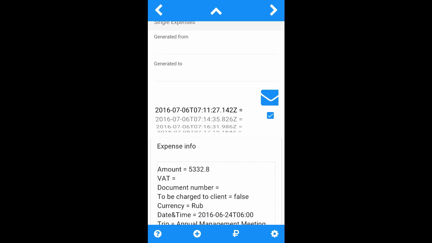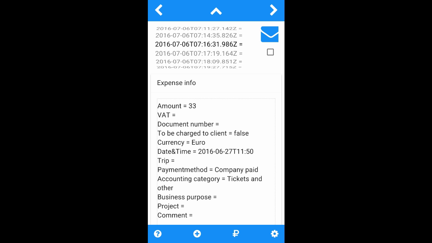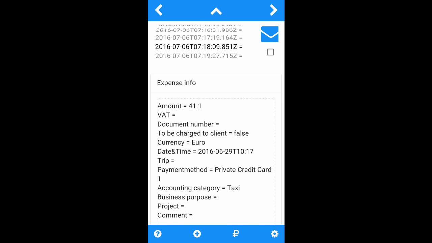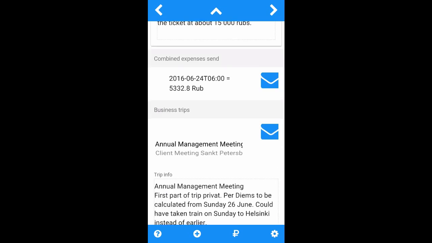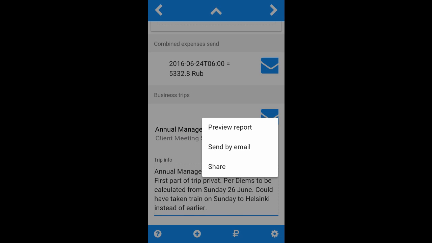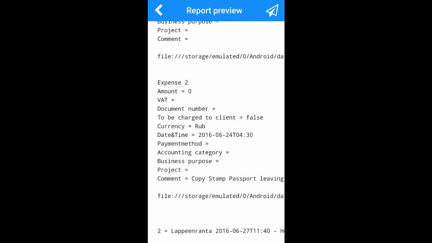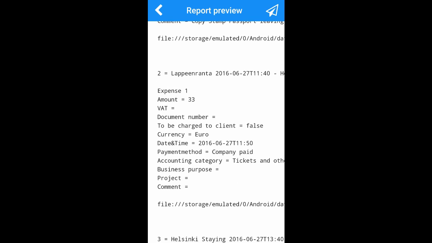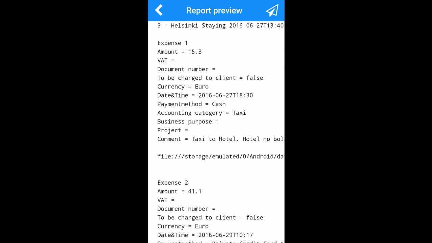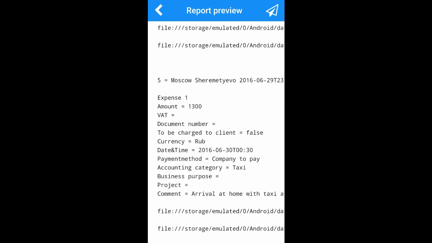We'll give you an example. Go to reporting sheet and then go, these are the reports in there, the single expense reports added to it. And then you see below that you have a trip function and you can actually send the trip. So you send the trip with all of the description of the trip and add to this all of the expenses. Here, preview report, and that is what it looks like. It adds all of the data you added to the expenses. It adds all of the pictures you added to the system,